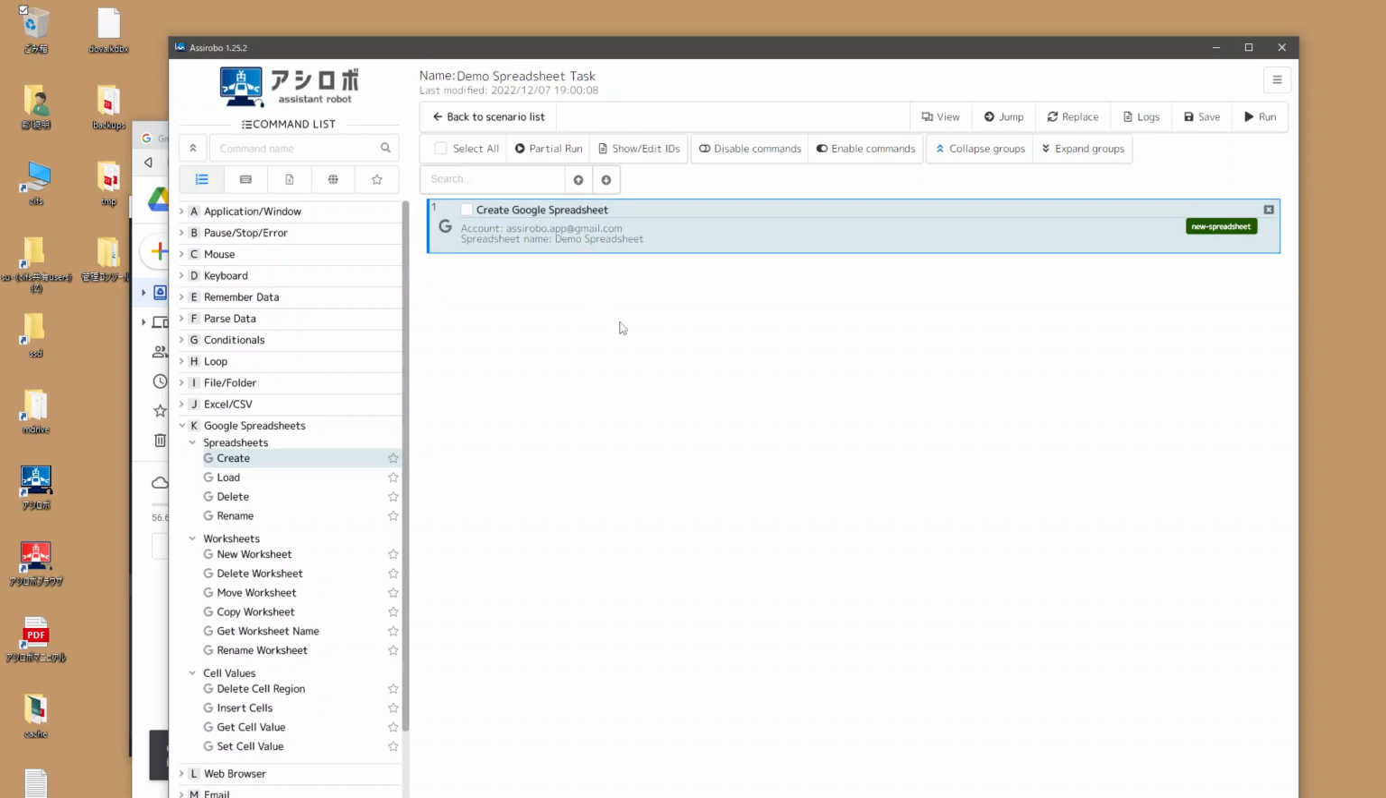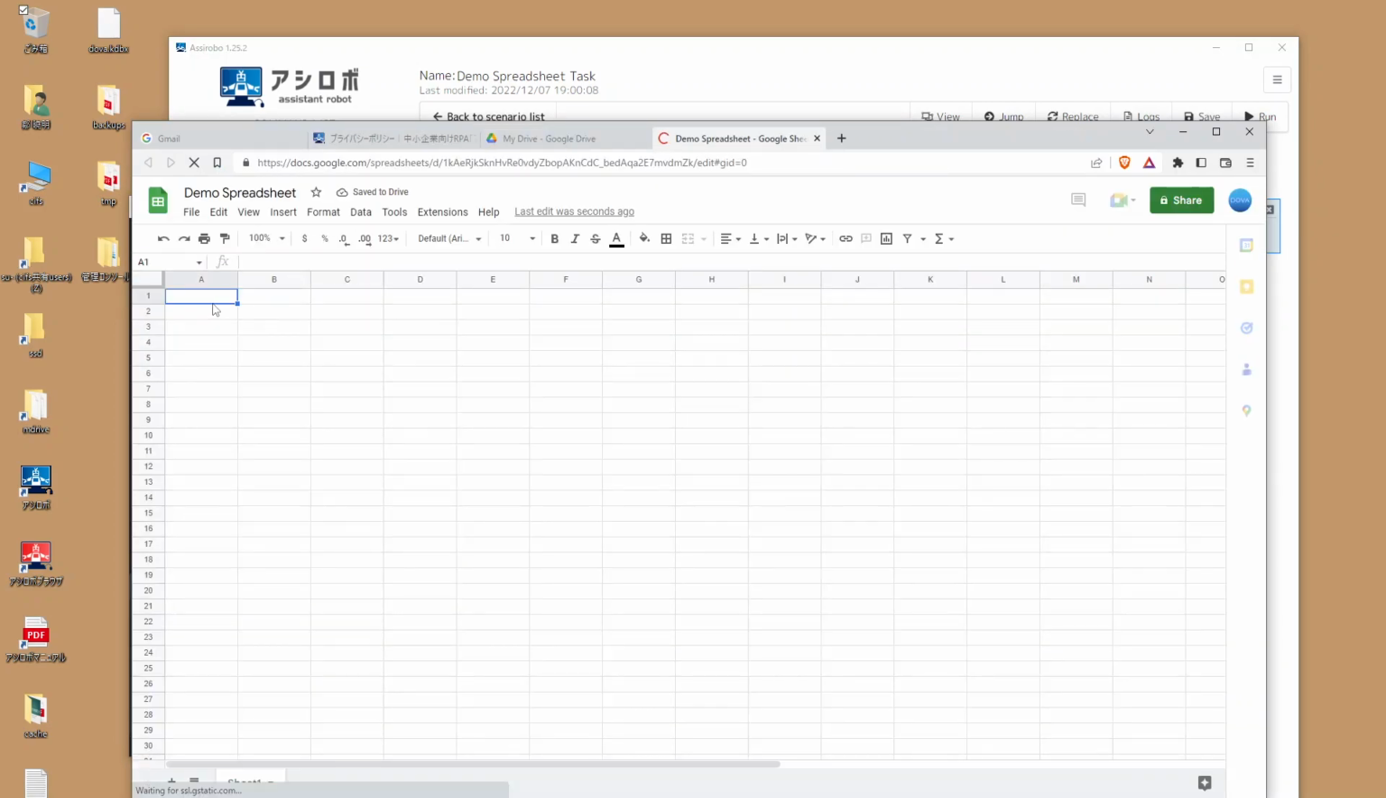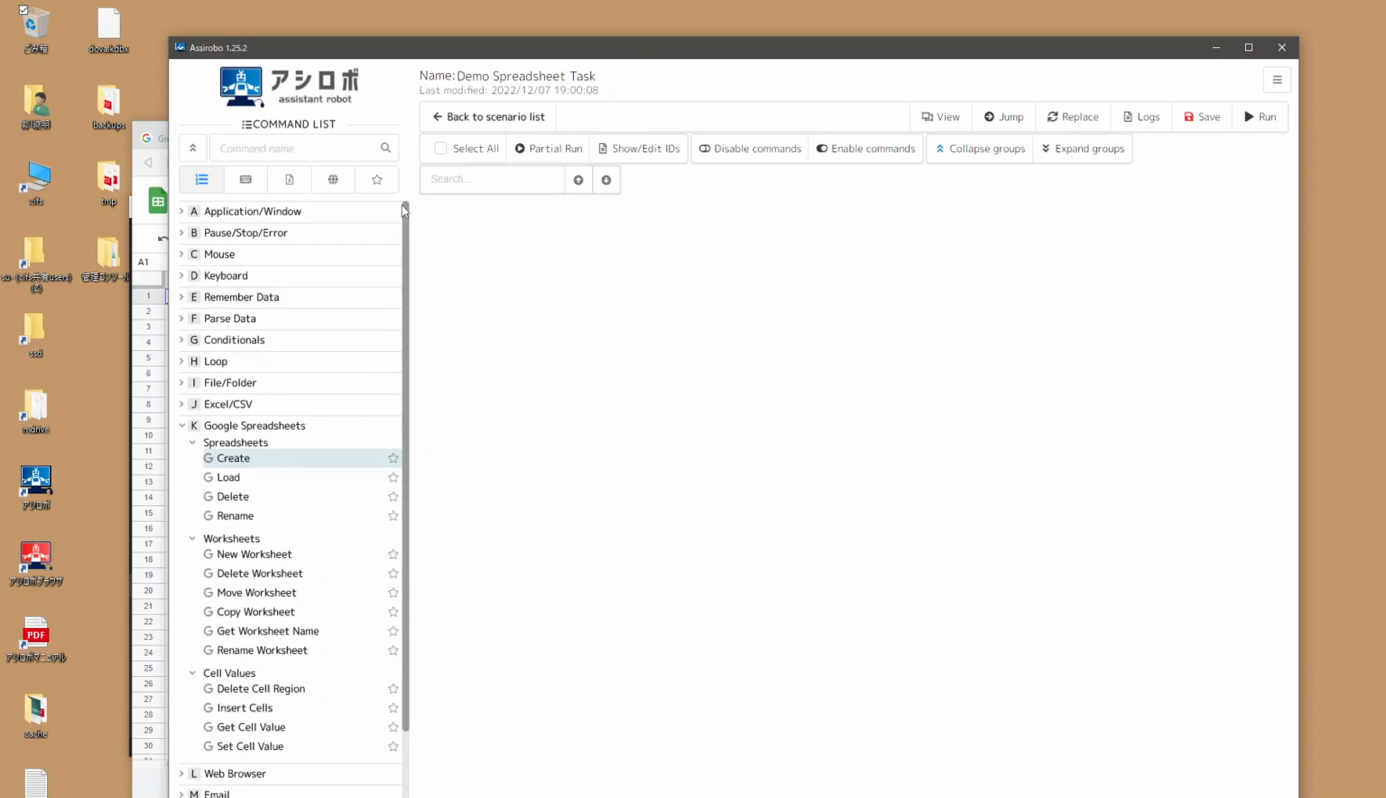Next, we will demonstrate editing the spreadsheet by adding a value to a cell. So what we will do is let's add a cell value to the A1 cell. Now to do this, since we want to edit an existing spreadsheet, instead of using the create spreadsheet command, we will use the